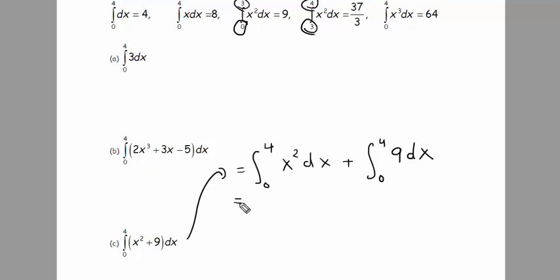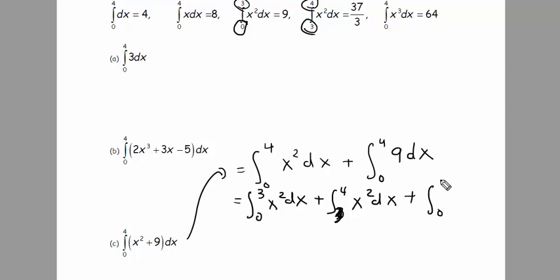So I can break this up into integral from 0 to 3 of x squared dx plus integral from 3 to 4 of x squared dx, and then plus integral from 0 to 4 of 9 dx, and then add together the three numbers that I do know, which are the 9